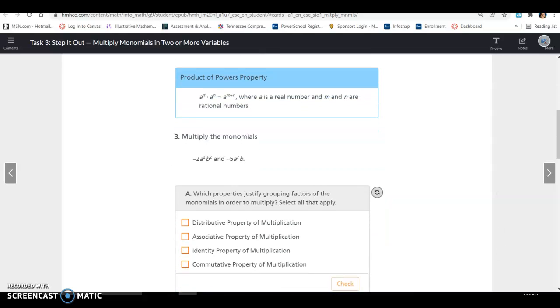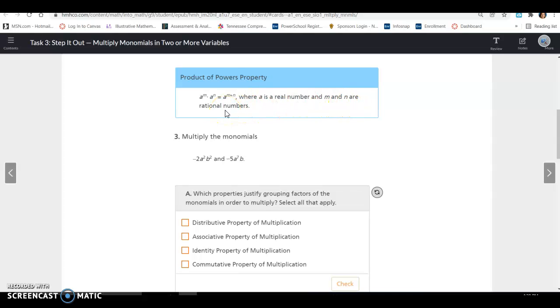Alright, so remember this is a review, product of powers. When you have the same base and you're multiplying, you add your exponents. This is one of the properties of exponent rules. Same base, when you're multiplying, you add exponents, where a is a real number and m and n